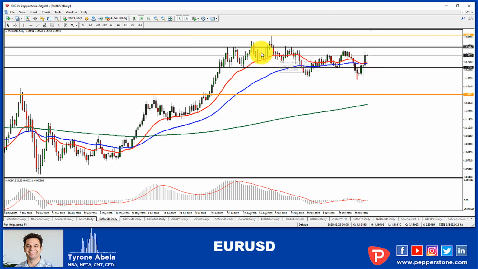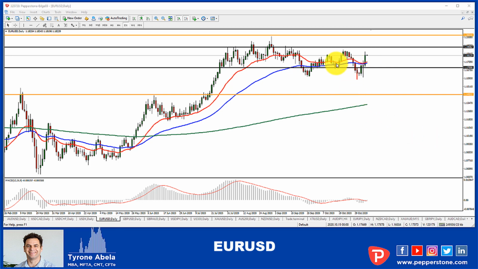Okay, so if you're going to go for the short, you're going to aim for the 20 moving average on the daily, which is a really good target because it's obviously moved away from it, and that would be the first point of pullback. Or if you want to go for the long, you'd be aiming for the 119 level, which we know has historically played a pretty important role in pulling this one up. We're certainly not looking for a long-term trend here. So if you do want to scalp, this is one of those ones that could be providing an opportunity because you've got two zones. You can go short or long with very key levels for it to aim for.